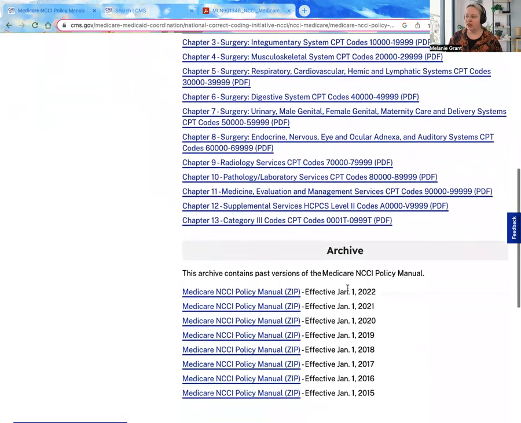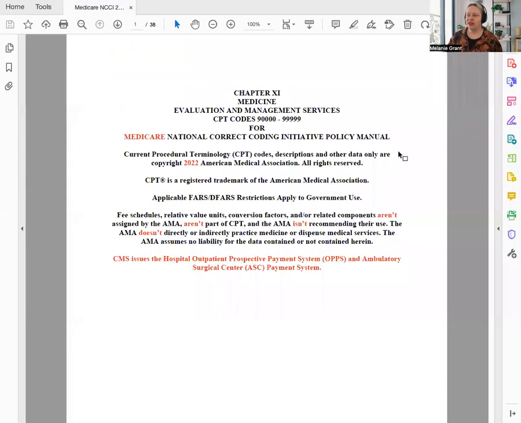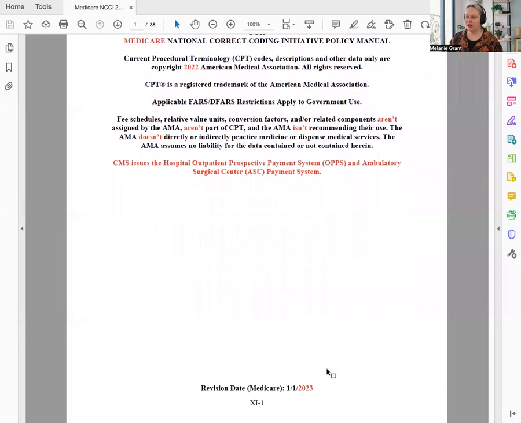There's also a download that you can pull up here for older references, and each of these is going to have the entire policy manual as we've seen in the past for those of us that are familiar with it. If I download this, such as I've done here for our evaluation and management codes, I can see all the information that is now new, highlighted in red. Because evaluation management codes have a lot of changes as of January 2023, the information in this manual is going